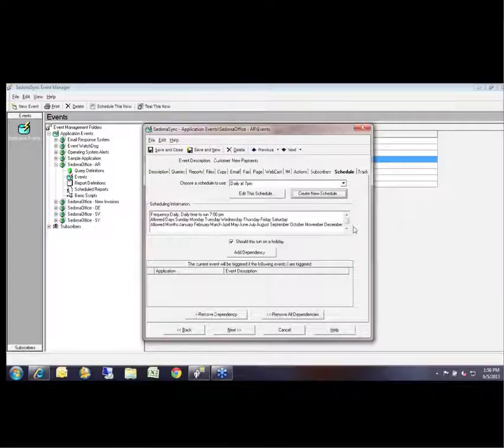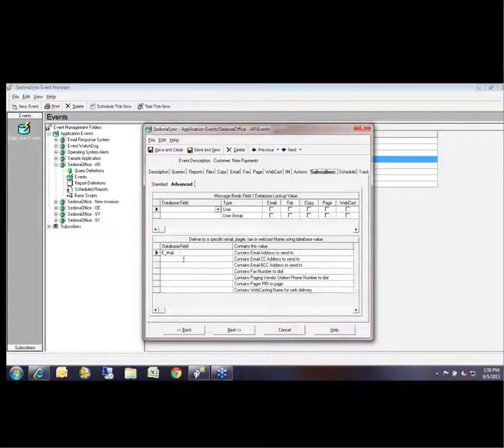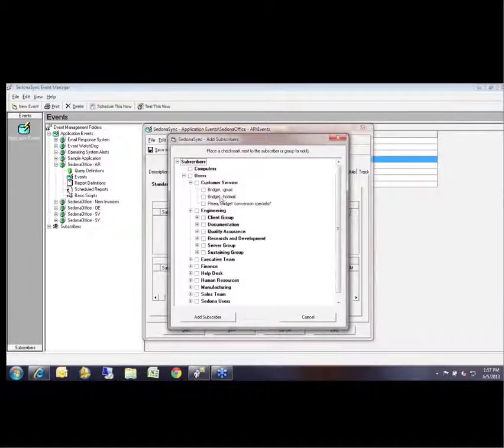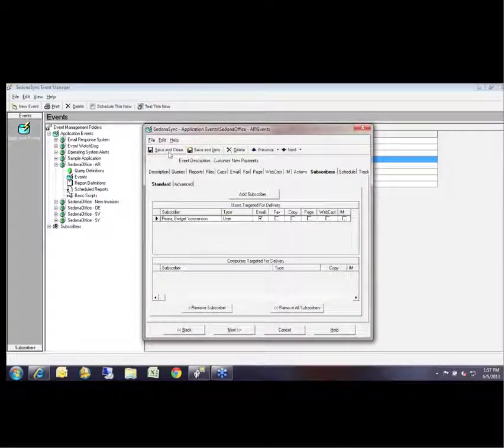And now this event is everything is set up for it and ready to run for sending out to your customers. I highly recommend trying these events out on yourself so that you can make sure the email is formatted in a method that you want. So what you can do is go back to subscribers, remove this one called email from the Advanced Subscriber tab, come over to a standard subscriber, and add yourself in here wherever you're put. And you can save and close this,